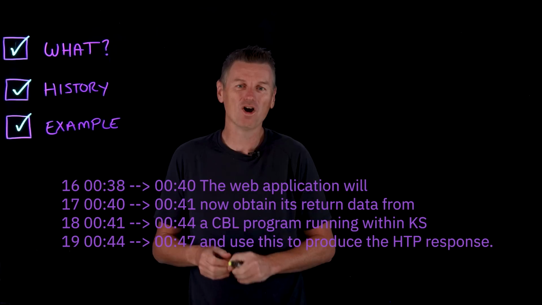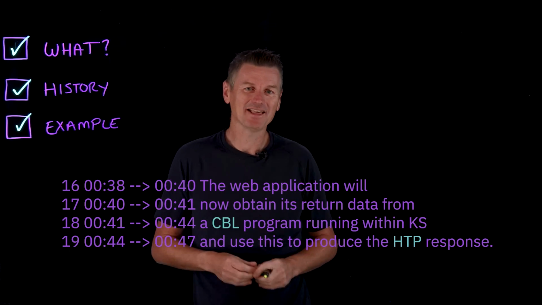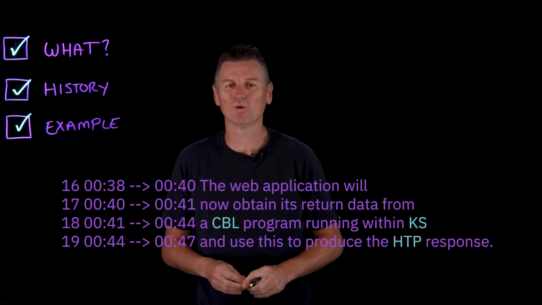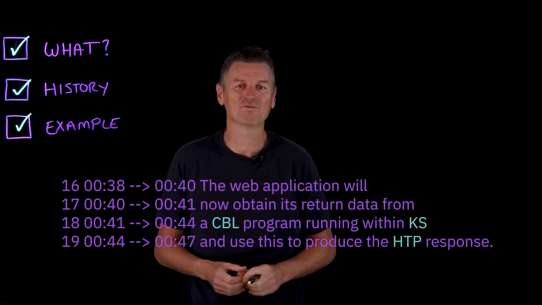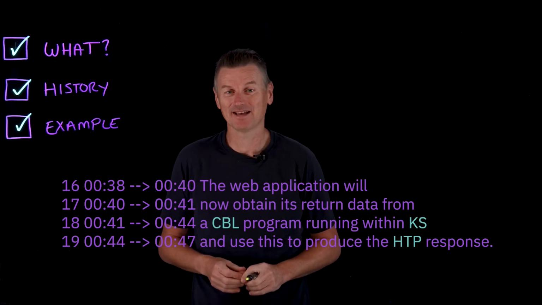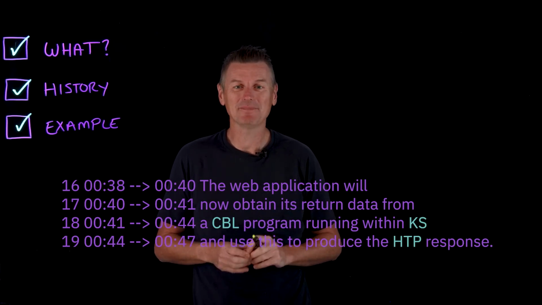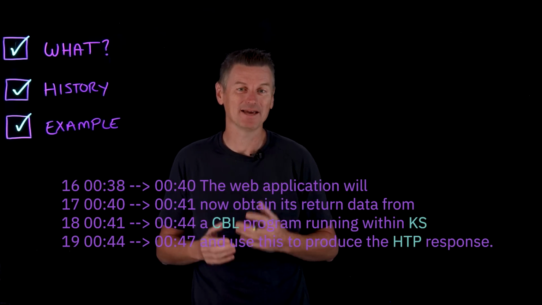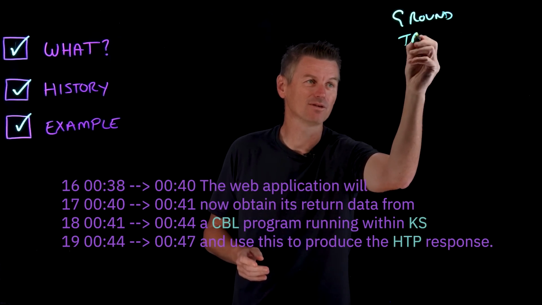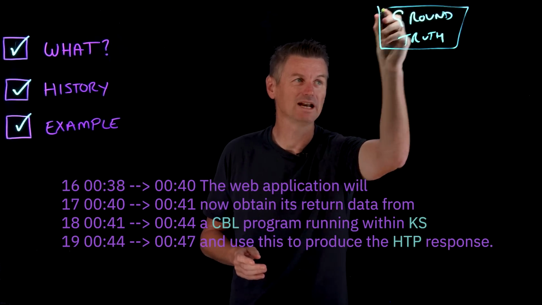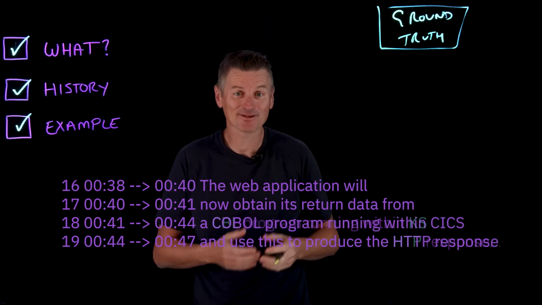It's mistranscribed COBOL as CBL. It's missed me saying a T in HTTP, and it had no idea that KS is actually a product called CICS, which is pronounced KICS. That's all typical of AI models built on recurrent neural networks that process data sequentially, one word at a time. So I gave this transcript to a GPT model along with the script that I based my talk on, which I called the ground truth. This was the actual script that I was reading from. Then I told the GPT to fix the transcript, and here's what it came up with.